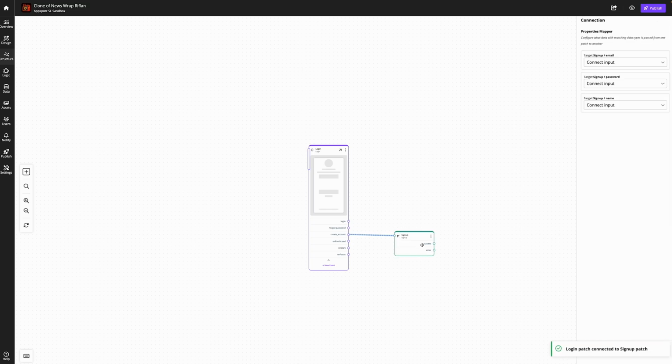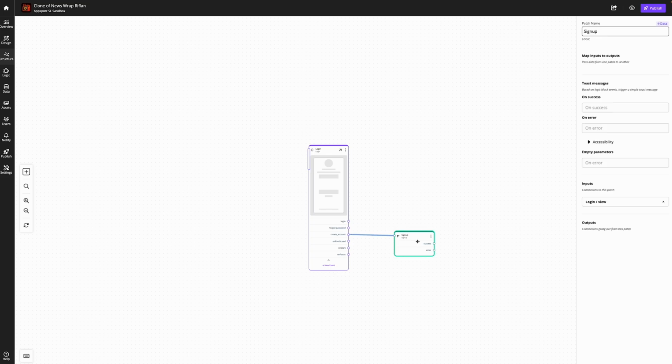Once the logic block is connected, you need to configure the necessary inputs. The Signup block requires 3 key inputs: name, email, and password. These inputs must already be created in the View Builder. For example, ensure that the user's name, email, and password are captured through input fields and passed to the logic